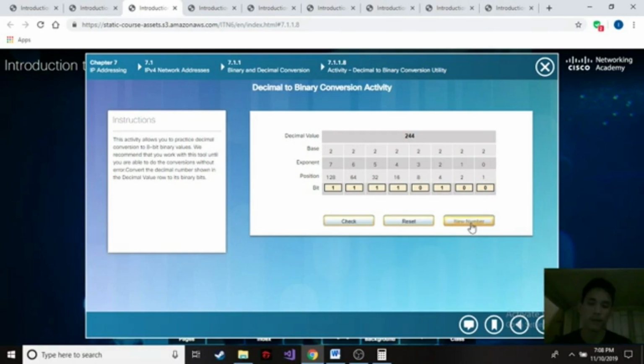Here we are given 23. Since it is not a large number, we can answer it mentally. So with this regard, 23 is not greater than 128, so that's 0. 64 also is not possible. 32, no. 16 is less than 23, so we need this value. So we have 16